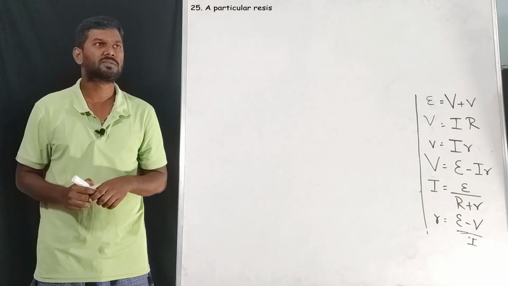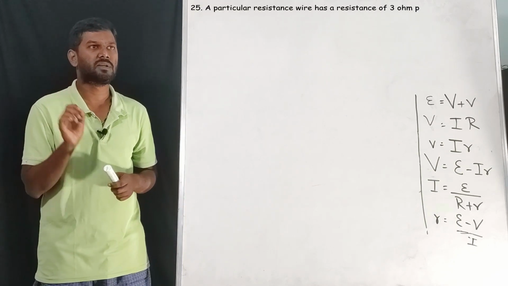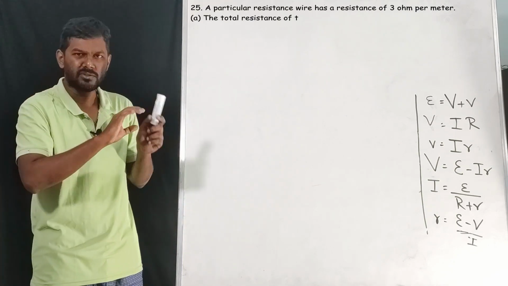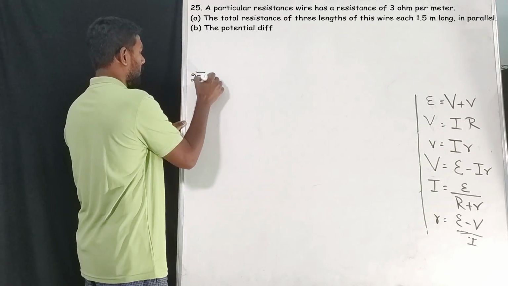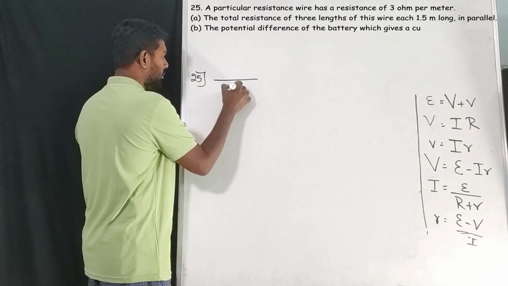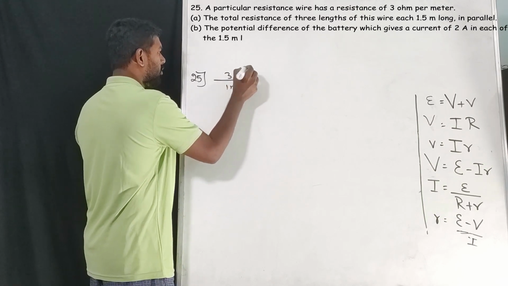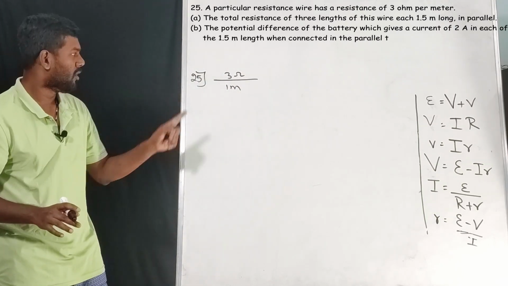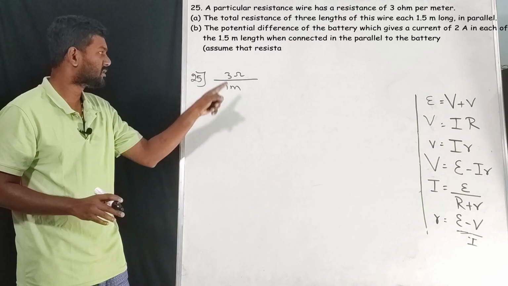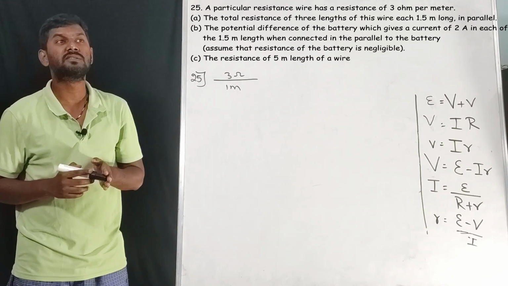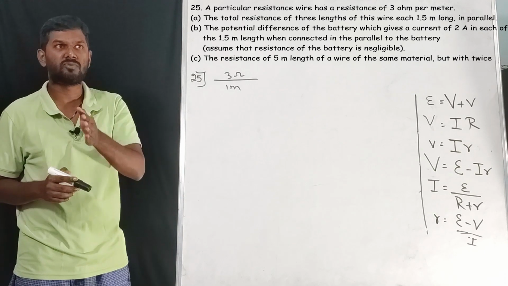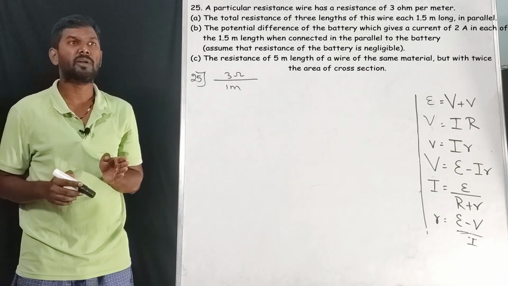A particular wire has a resistance of 3 ohms per meter. First we will write that. A wire of 1 meter will have 3 ohm resistance. This is the first condition. In 1 meter, what is the resistance? 3 ohm. Now, the first sub question: the total resistance of 3 lengths of this wire, each 1.5 meter long,